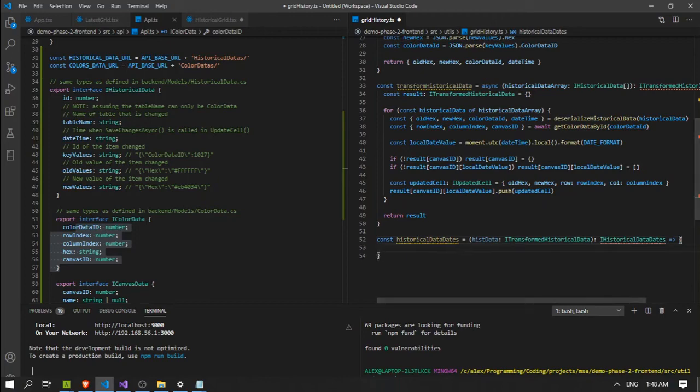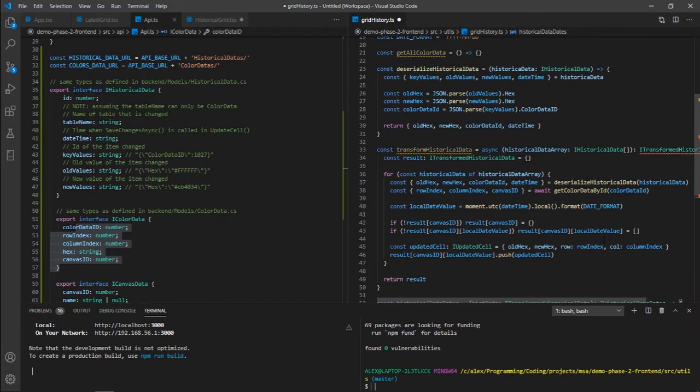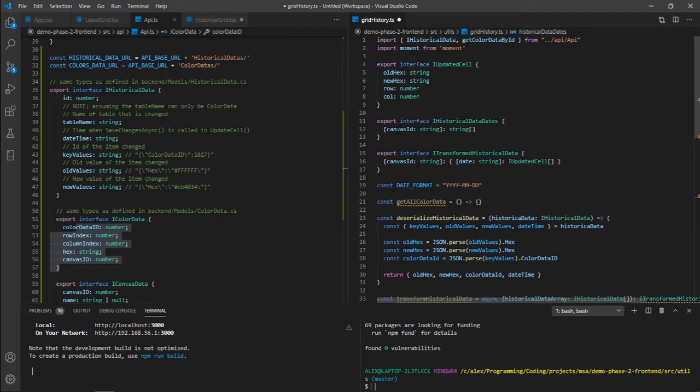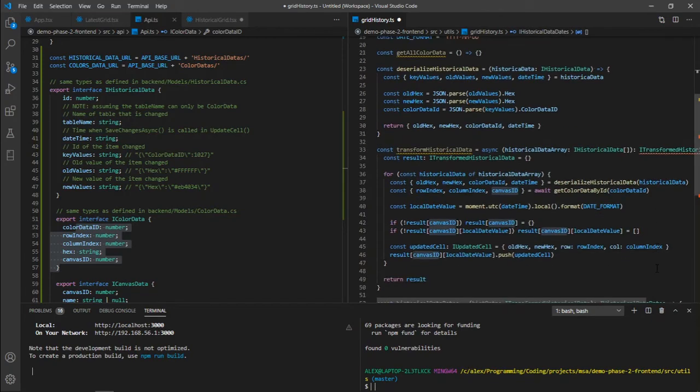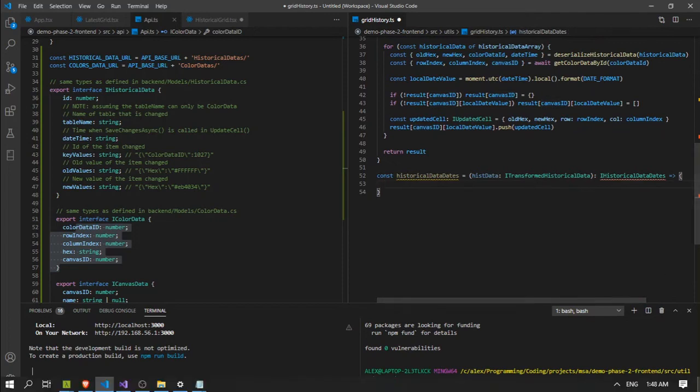So this is going to be, as you can see, it will use the canvas ID as the key, and it will take an array of strings